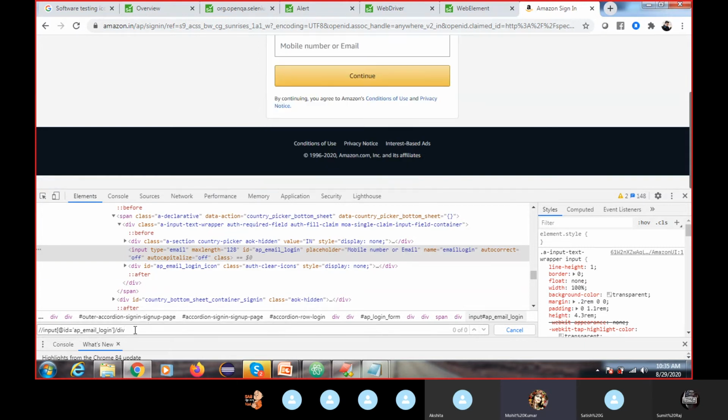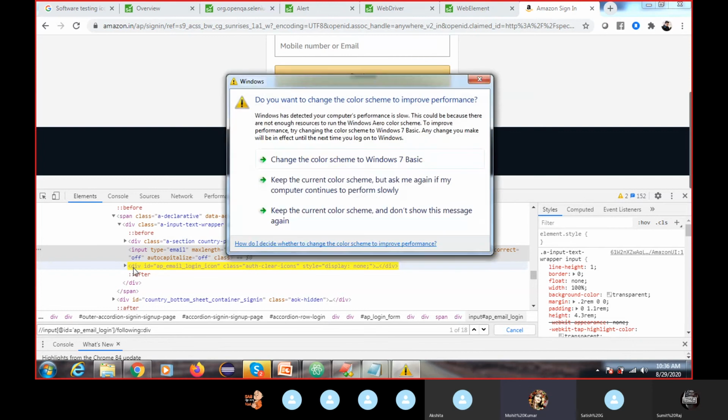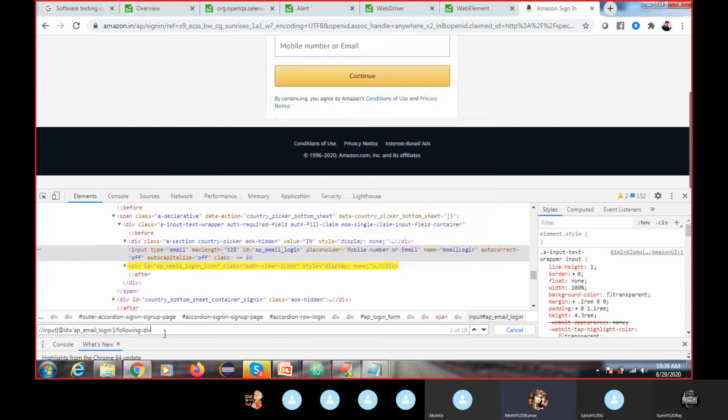So here I will use following. Following, this double colon is the syntax, and div. You can see how many divs there are: 18 divs. I want to reach here only, so I will use the index concept. I am in the div.